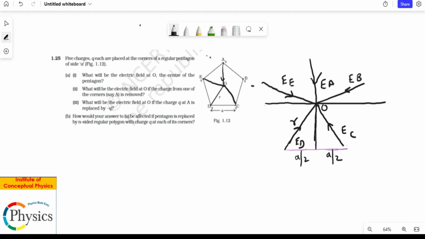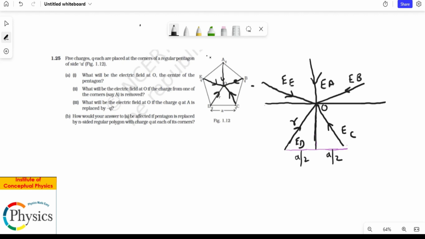Okay, so this is the diagram I have drawn. You can see the diagram, and now I will explain what I've done. This is the most difficult part of this question, to find the angles which these vectors make with the axis, because that is where the resolution of vectors will come and help us in finding the resultant vector, so to say.